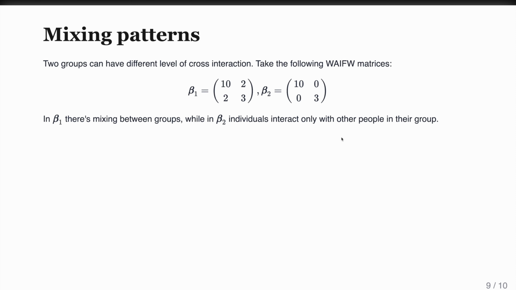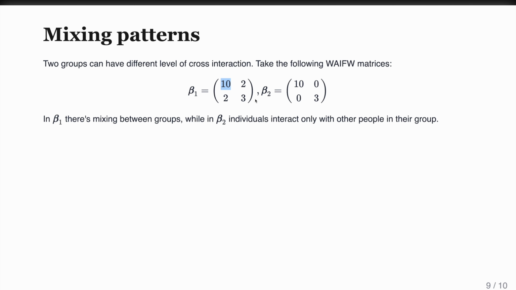Until now, we observed a certain level of contact between groups. The contact between groups is exemplified by the numbers in these diagonals in the transmission matrices. But different scenarios can have different levels of cross transmission between groups. For example, in this situation, we have a level of transmission between groups which is 1/5 of the transmission in